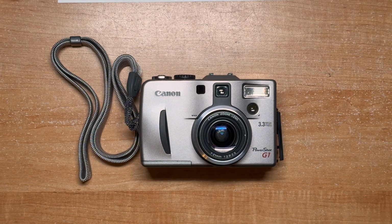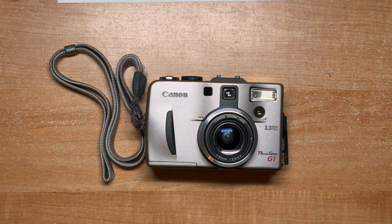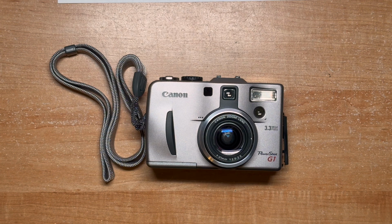Today we're taking a look at a Canon PowerShot G1. They're still using the name PowerShot on this model, but in fact the G1 is basically the beginning of the G series of the Canon cameras, I believe. At any rate, it's a pretty cool camera given its date and